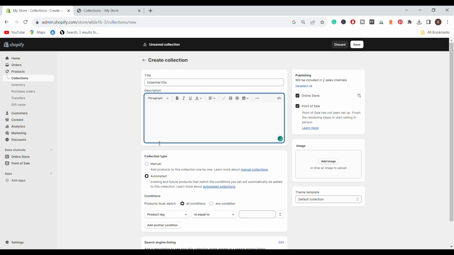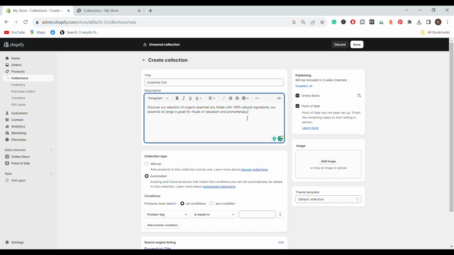Then I'm going to go underneath where I have the description box. And here you have to write a paragraph or 2 paragraphs about your collection. I would recommend creating a very compelling paragraph, maybe 1, 2, 3 sentences, where you tell your customers what this collection is about. So you have to include the main keyword, which is essential oils once again. Then we have explained that we use 100% natural ingredients and also those can be used for rituals or relaxation